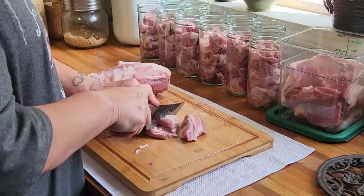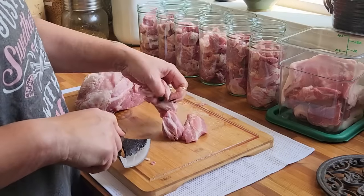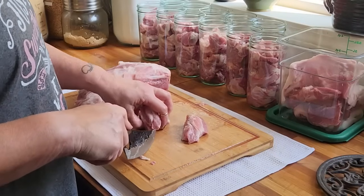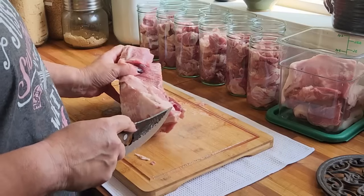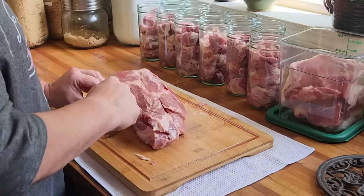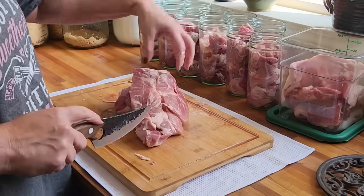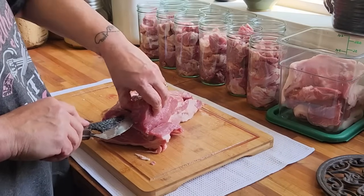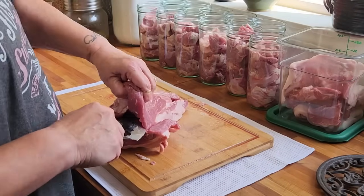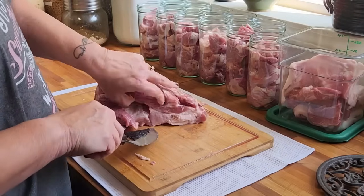It makes super quick dinners. If you do chicken pot pie, try pork pot pie. It's really good. It's just as good. And you will love the fact that you don't have to go through all that trouble and all that time in order to defrost it, you know. And it's there, it's ready on your shelf. I put together a